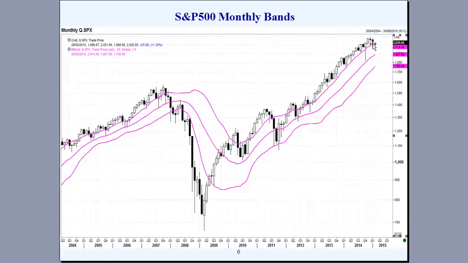So the next month is going to be very, very important to this market. Now, if we see strong follow through, we'll be looking to the middle of the bands at 1887 to hold as support, or then down to the lower band at 1760 to hold as strong support. And what we'll be watching here for is a bearish breakout.